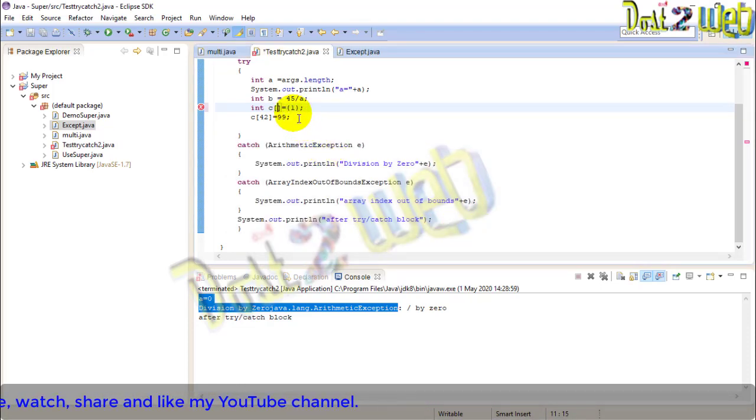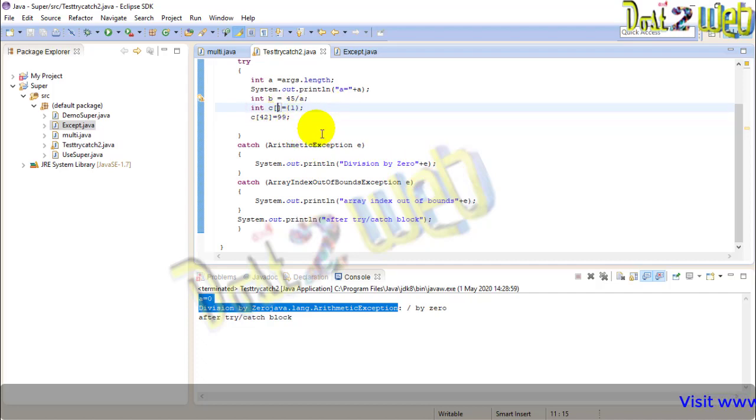Okay, so first let it be this. What I'll do, see now, command line argument. Have you executed the command line argument program using Eclipse? Because for command line arguments, we know very well that we should give the input at execution time. That means when you give the command for executing the Java program, that is runtime, you give the input. So we have not given any, that's why it is coming A0.